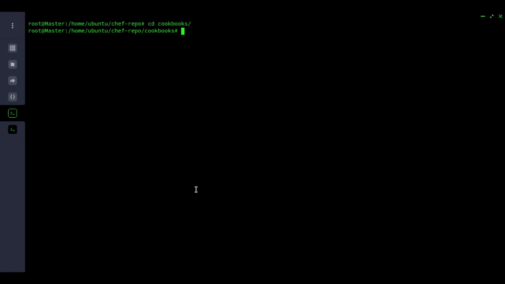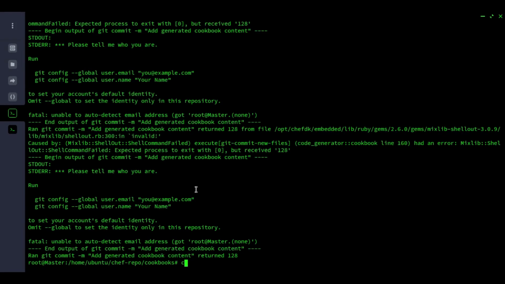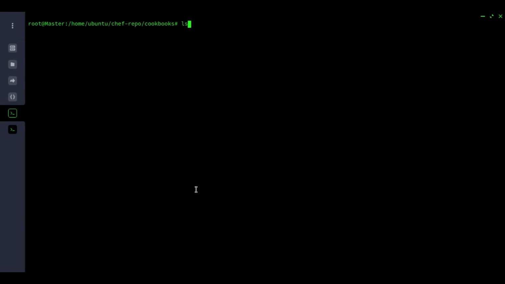Okay, so now in cookbooks, we have to generate a structure which the server understands as well as the Chef architecture understands. That structure is generated by a command, which is chef generate cookbook and your cookbook name. You can name it whatever you want. We'll name it 8024_8031 here. It will generate the directory structure for us. Now as the command ran, we'll check. Yes, we have the full directory right here.